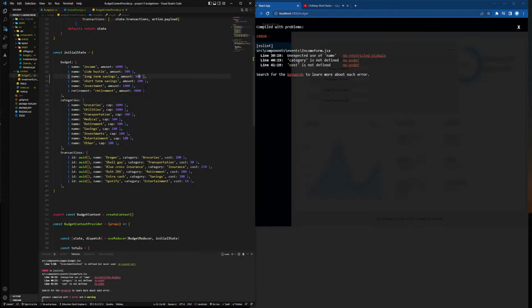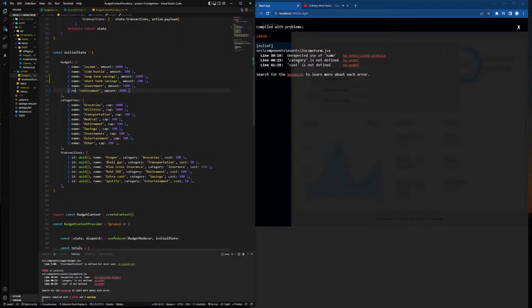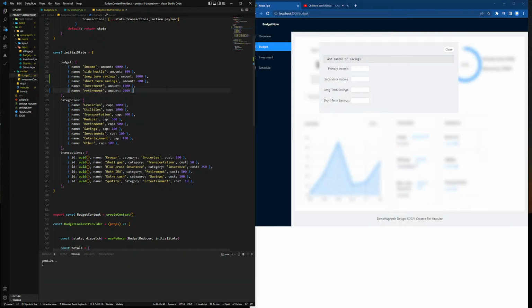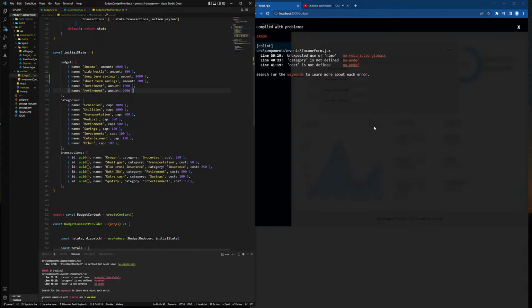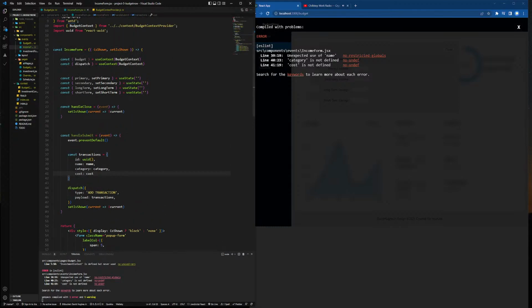Long-term savings, let's say we have about $1,000 in the bank, and then it's about 200 for short-term, saving up for something small. And then you got investments. That should be name, retirement amount 2,000, investments another 1,000. So short term and long term. So if we go back to the income form, and in our budget here, we gotta